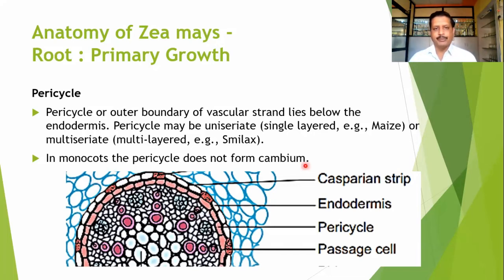In most of the monocots, the pericycle does not form a cambium tissue, because there is no secondary growth in monocots. Naturally, the function of the cambium is to produce xylem elements towards the center, and from the outer peripheral region of the stem or root, phloem tissue. Thus, formation of the vascular bundle is done with the cambium tissue. Cambium tissue can produce both types of cells, xylem cells and phloem cells. So here there is no secondary growth, and because of that, we don't find the cambium tissue here.